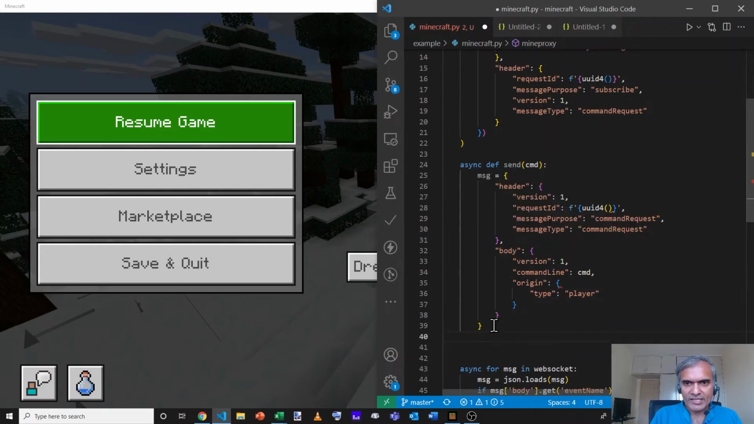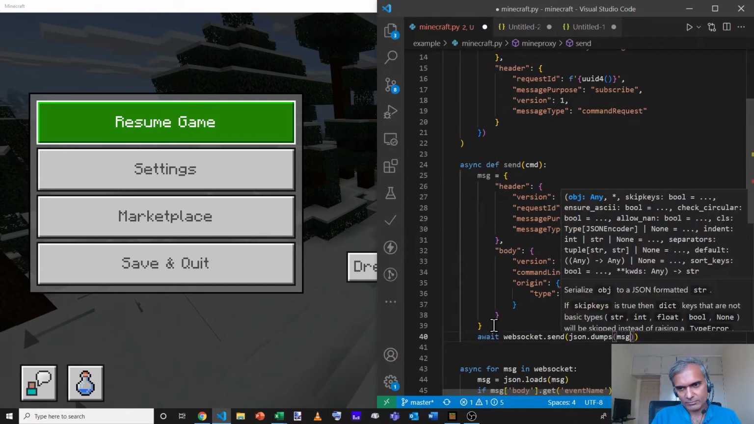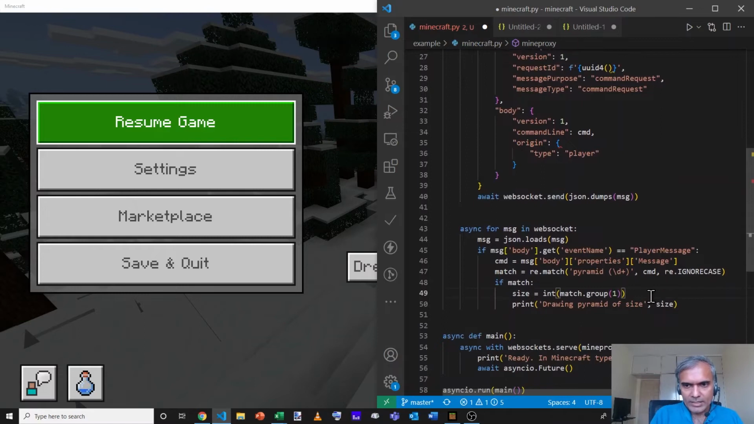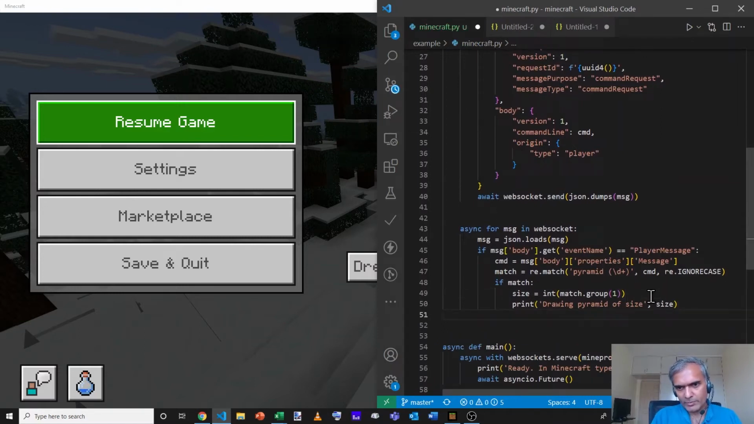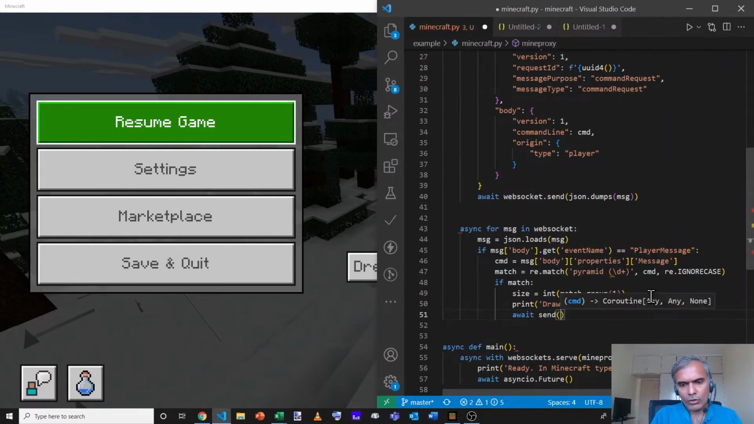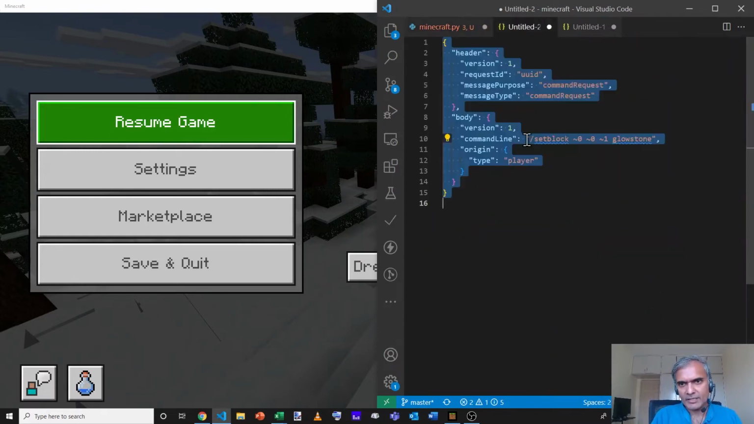Then we have to send this to the WebSocket server. So we'll say await WebSocket.send, and it takes the JSON.dumps of the message. With this, the async send function will automatically send whatever command we've sent. Let's now, whenever we are drawing a pyramid, start by just awaiting a send of, let's say, the same command that we used here, which is set block